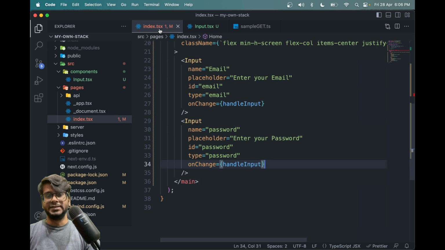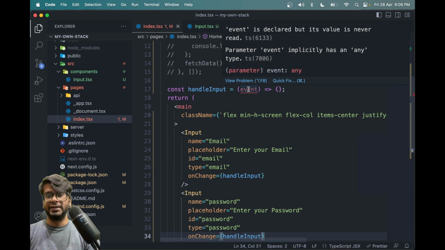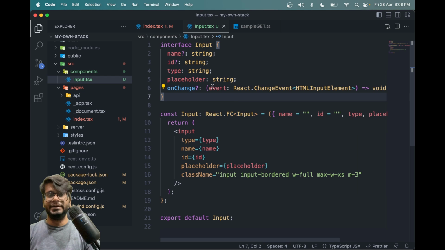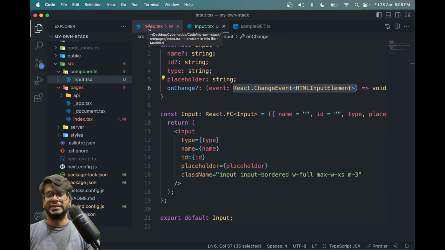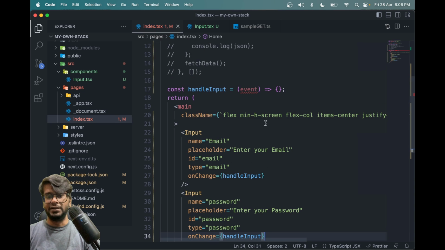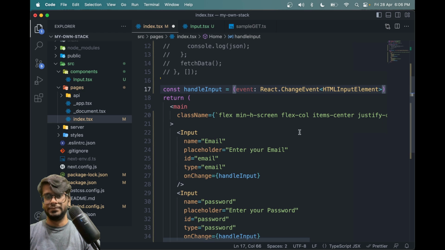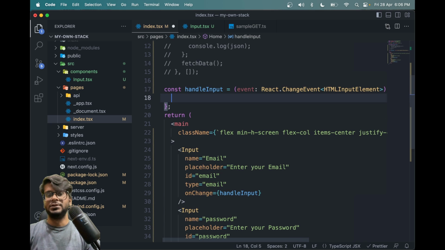Now the thing is we have some error here because we have to define the type of the event and it will be the same as this. So just copy this event type, React.ChangeEvent HTMLInputElement, and add it here after a colon. Now we will have no errors. Fine. In here we can destructure this event.target and get the name and value from here. So let's say let name, then we have value